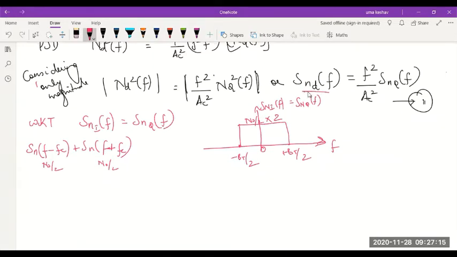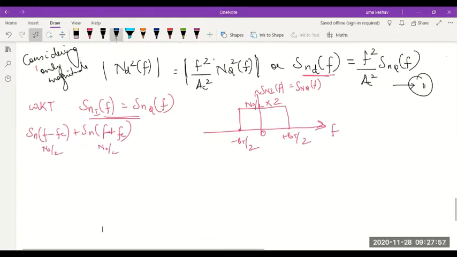We call it as SND of f, and on the right hand side I have f square by AC square SNQ of f. So we know what is this SNQ of f. The quadrature component and in-phase component are represented by the same power spectral density curve, which is defined as N0 by 2 into 2 between the given frequency limits minus Bt by 2 to plus Bt by 2. Now let's try to rewrite the equation for this.